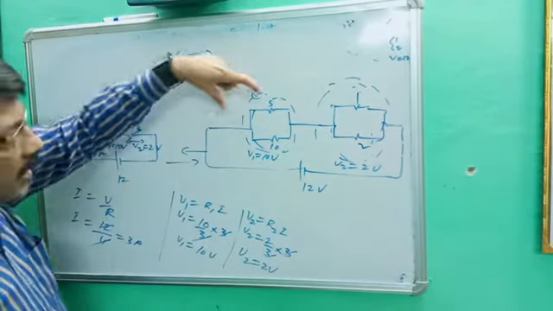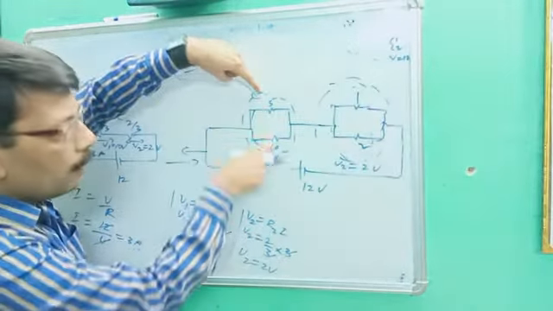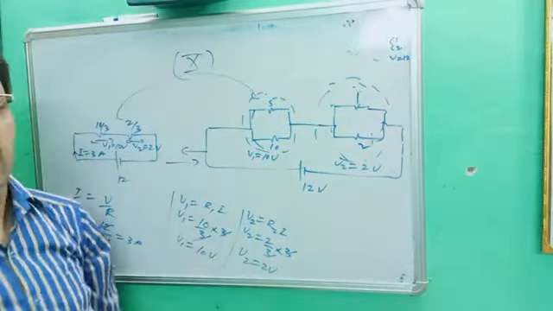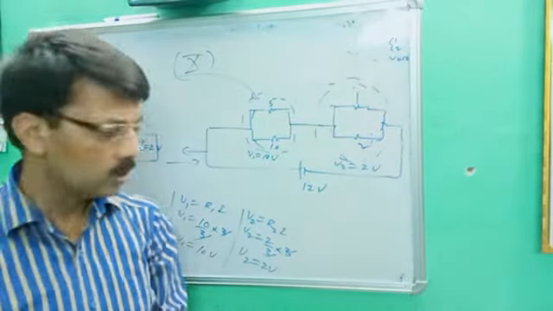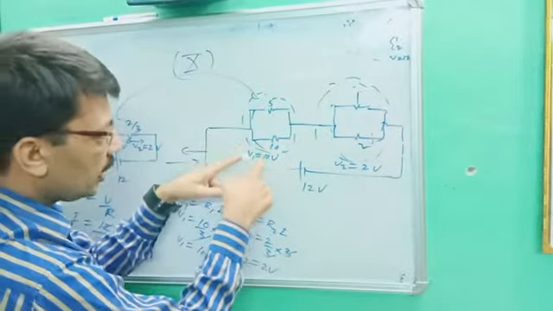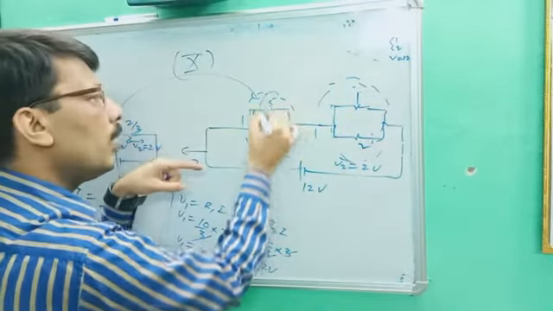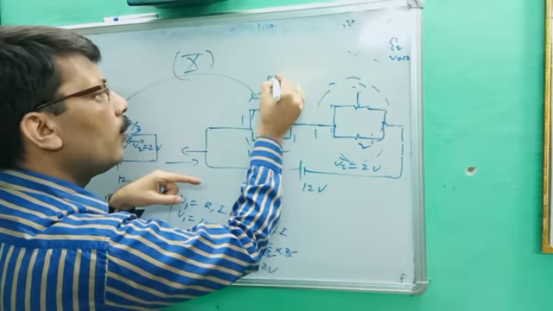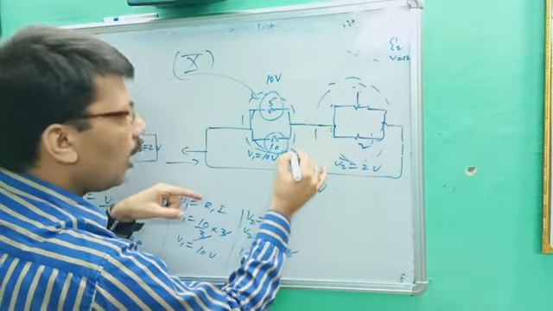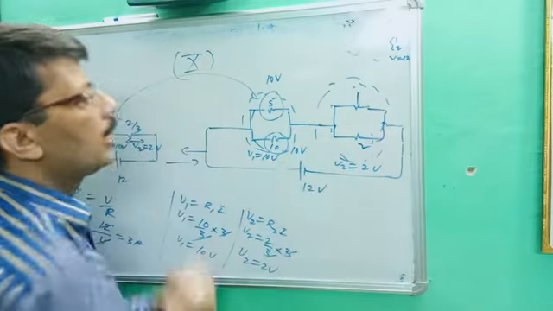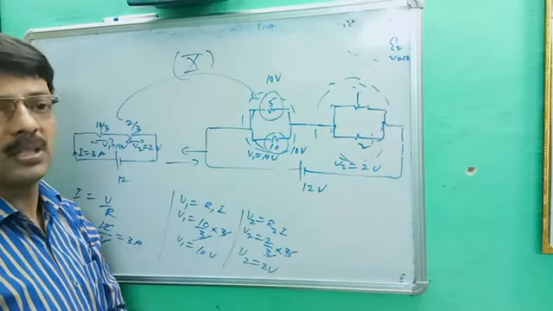So now we can see here they are in parallel, and you better know in parallel potential remains the same. So what is the potential for that? Since potential is 10 volt for 5 ohm and 10 ohm and they are in parallel, its potential will be 10 volt and its potential also will be 10 volt, because it is getting 10 volt separately.